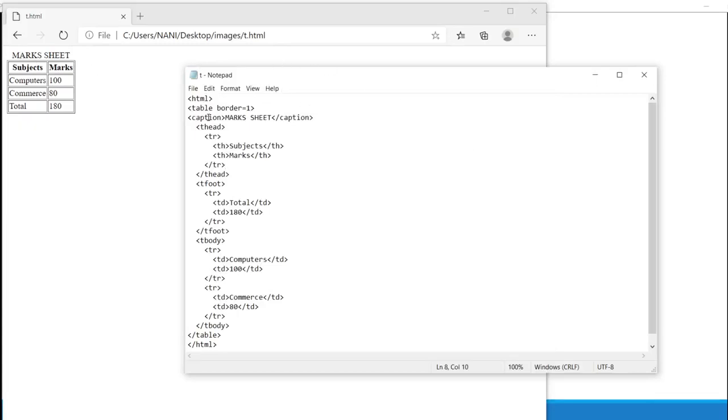Mark sheet. Here I wrote in the caption, mark sheet. And in t-head I wrote subjects and marks. And in total, foot. This is advanced tags of table tag.